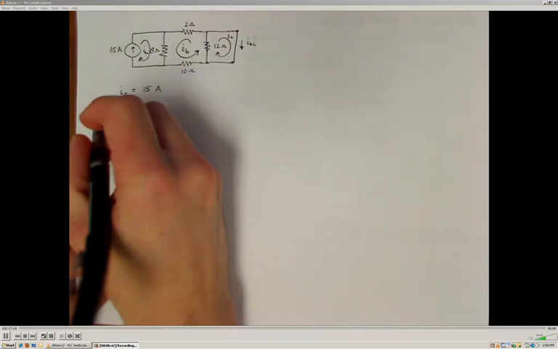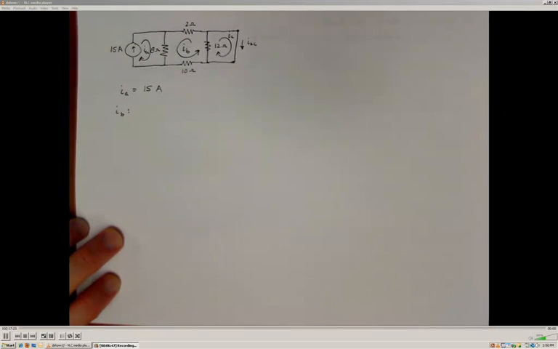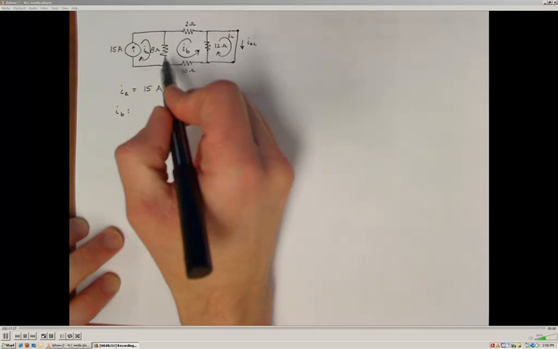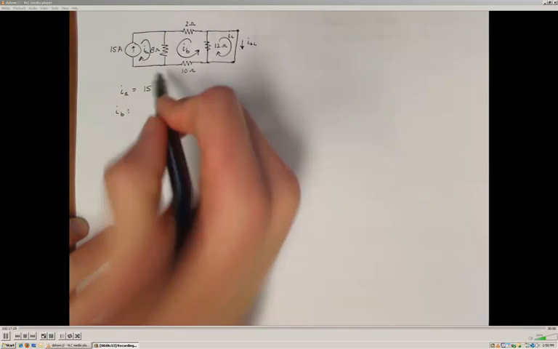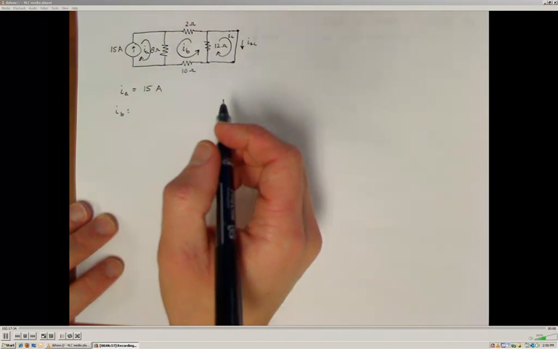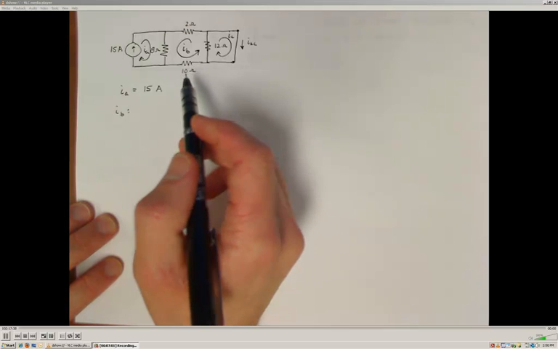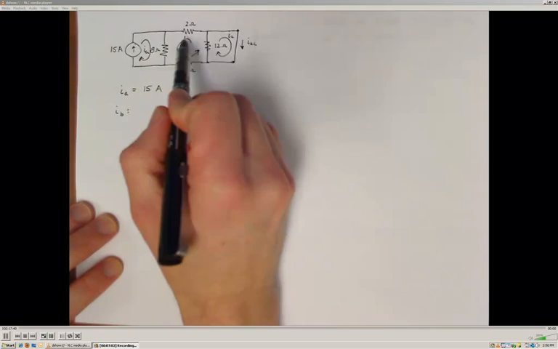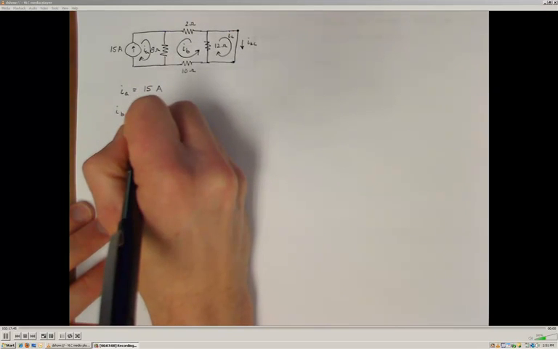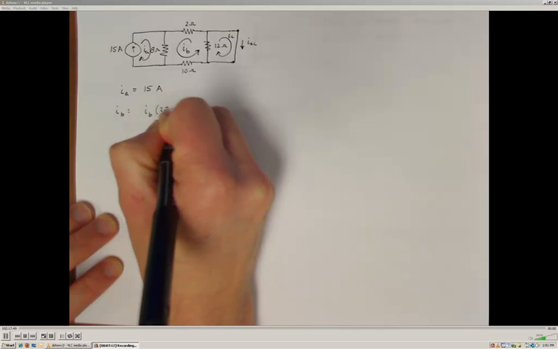Now I'm going to write my voltage balance for mesh B. Alright, and that's going to tell me that the potentials developed across the 8 ohm, the 2 ohm, the 12 ohm, and the 10 ohm all have to sum to 0 because there's no external voltage supply here. Alright, I'm going to start off with this 2 ohm resistor. The only current that's flowing through that 2 ohm resistor is IB, so IB times 2 ohms